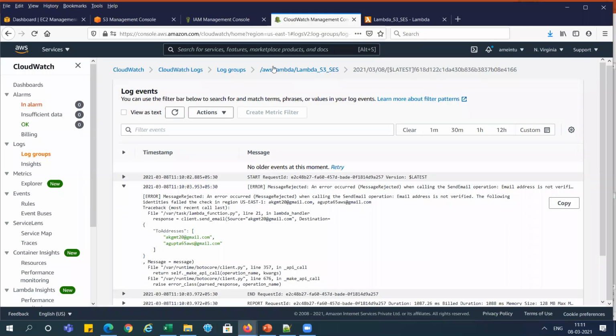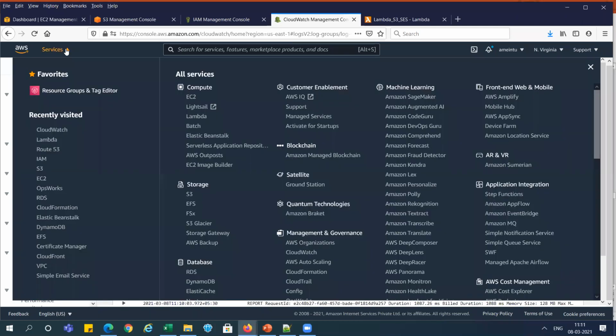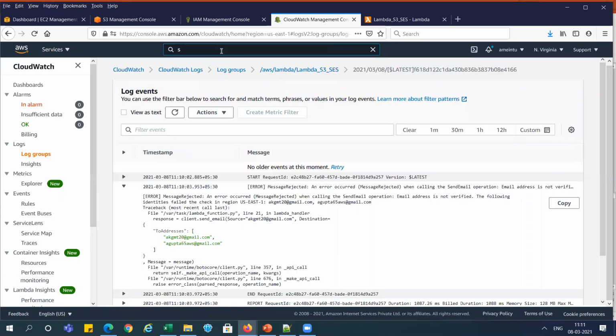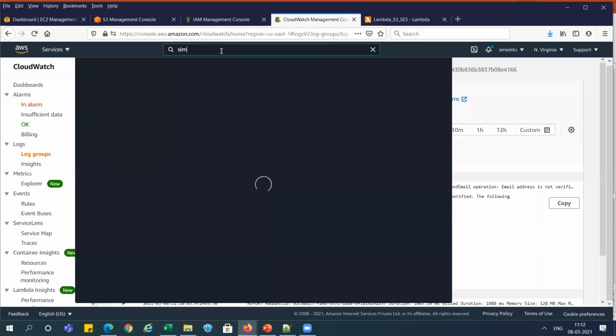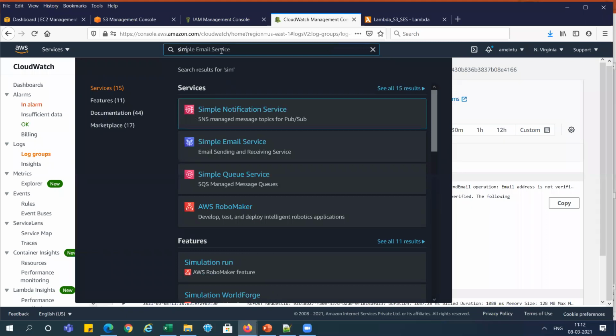So what we can do, just open the SES. Simple Email Service, right? You can see I am opening it in another window.